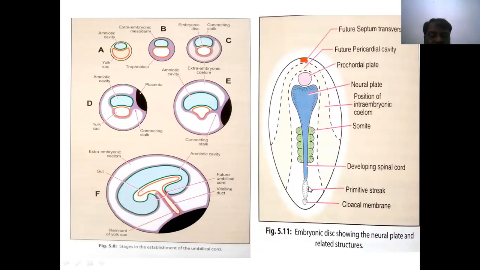Next is the primitive streak. You know how it develops from the ectoderm, and from this it gives specialized cells for the formation of the third layer, that is the mesoderm. The cloacal membrane is the caudal part. After its rupturing, the anal opening is formed, and we can also add the urethral opening formation. That is the proctodeum and the stomatodeum. The stomatodeum, this is the proctodeal opening, the anus.